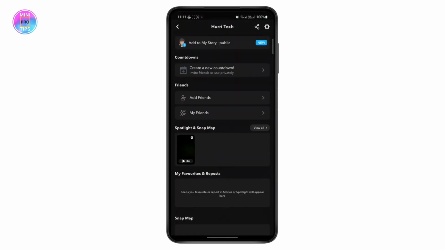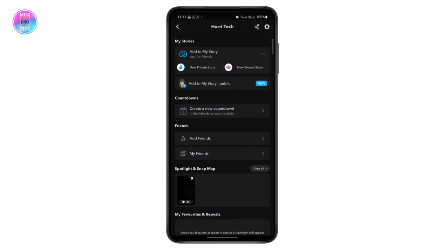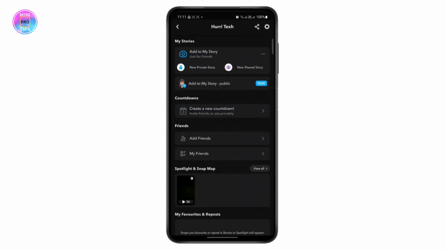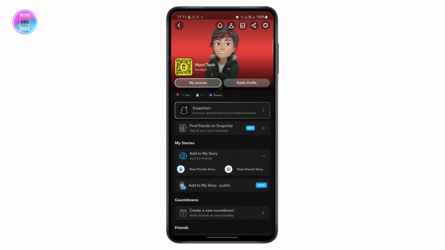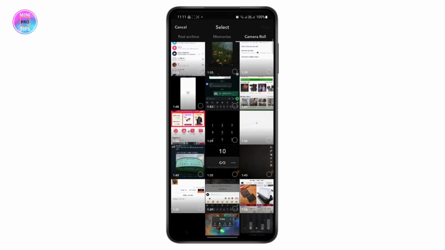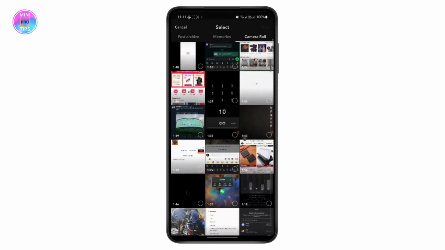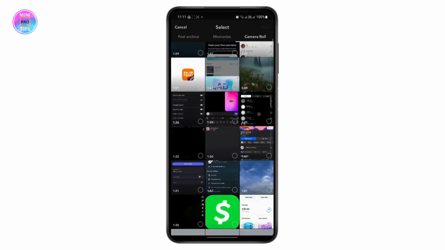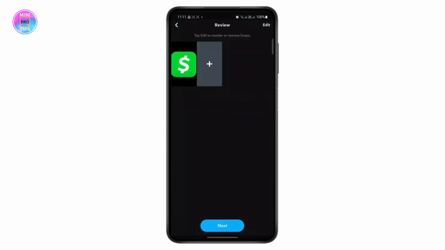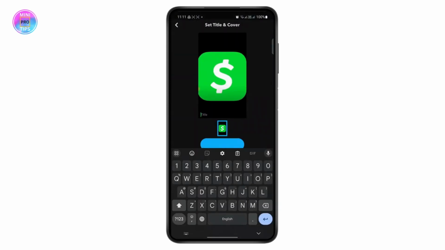So from here, scroll down and on your Snap Map, tap on View All, and you will just want to create a new Spotlight. So just tap on your public profile at the top right corner. And from here, you can tap on Add Snaps. You can add up to 5 snaps, so you can just select any pictures that you want to send. From here, tap on Next, and it will be posted on your